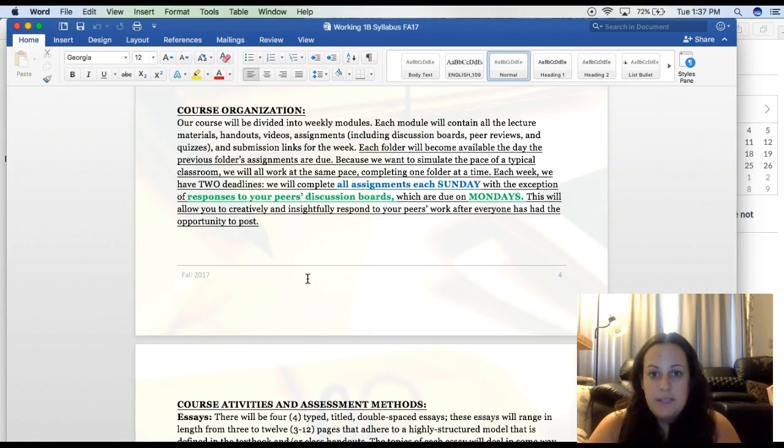Because we want to simulate the pace of a typical classroom, we will all work at the same pace, completing one folder at a time. Each week we have 2 deadlines. We will complete all assignments each Sunday, with the exception of responses to your peers' discussion boards, which are due on Mondays. This will allow you to creatively and insightfully respond to your peers' work after everyone has had the opportunity to post. So this is kind of a mouthful, so I will show you exactly what this looks like